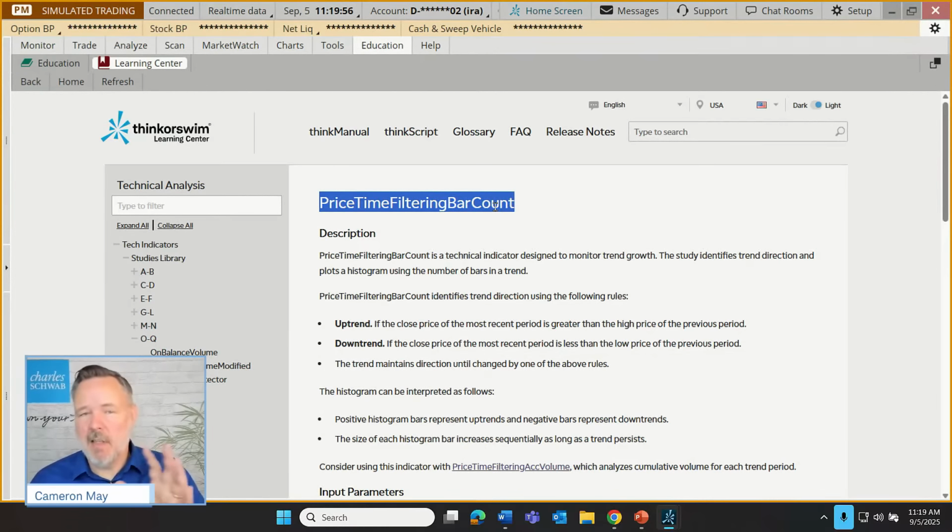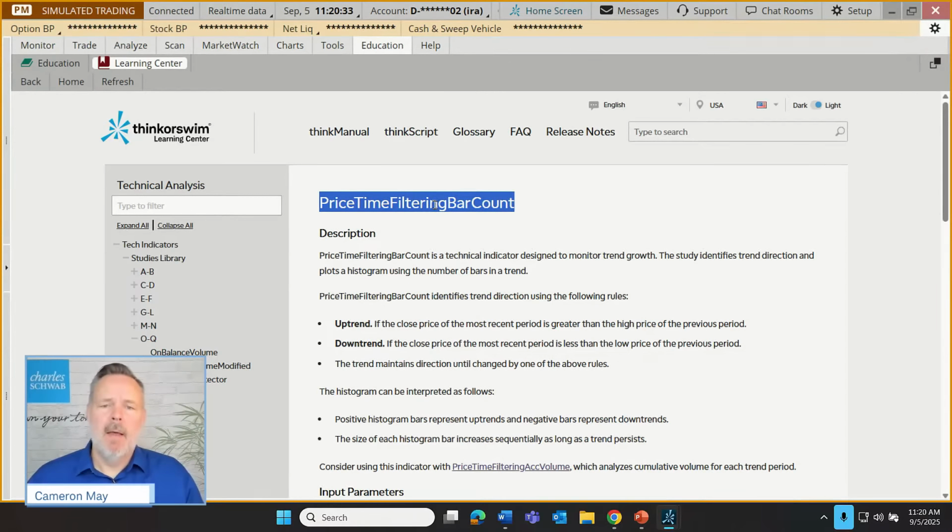I'm going to have to flesh it out just a little bit, just so you know. But really, you just go to Education, go to the Learning Center, which is all about Thinkorswim tools. Art says it looks similar to the MACD. Yeah, it does move along a horizontal line, oscillating above and below a zero line, so it does share those surface similarities to the MACD. It's green and red, also similar to the MACD. What it does that the MACD doesn't do is make immediate changes from green to red. It doesn't gradually move down or gradually change direction.